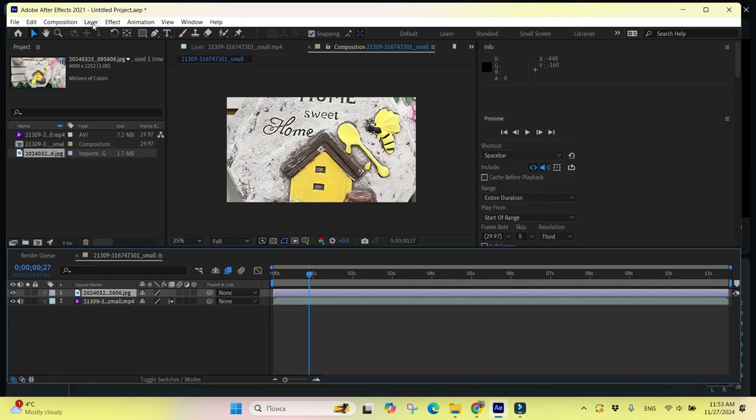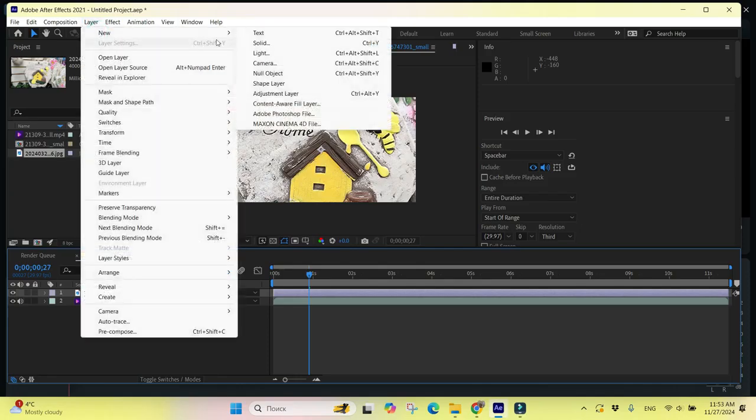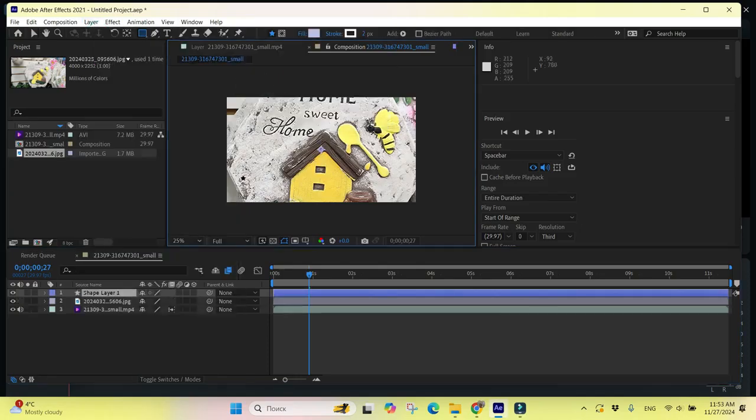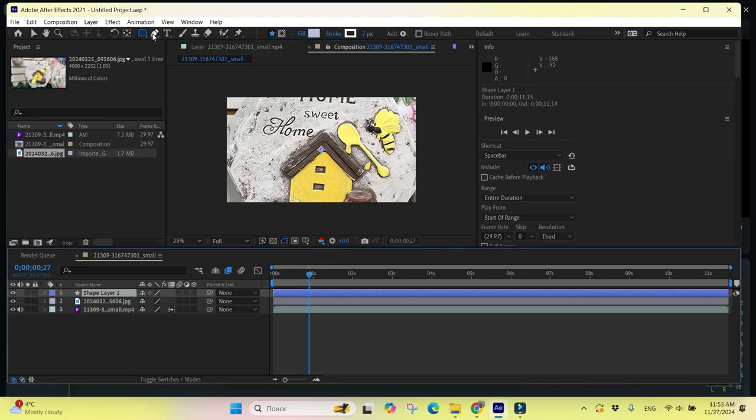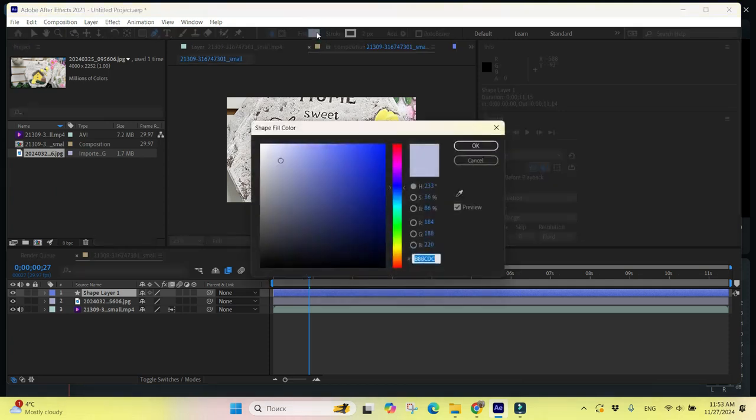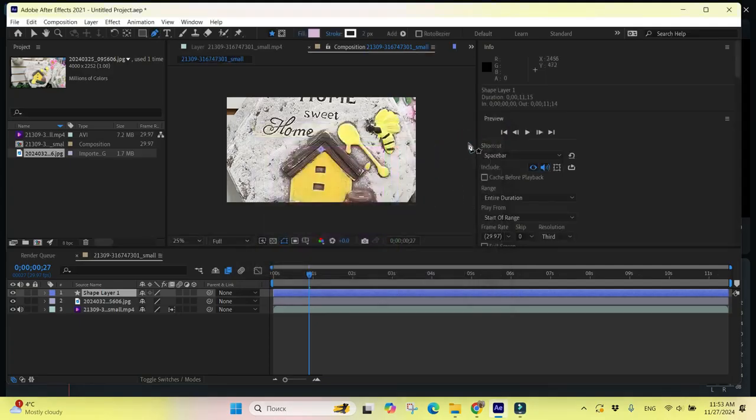I am adding a new shape layer, and now I will be drawing here. So I am choosing the pen tool, and let's choose the color with the feeling of our future picture. Let it be, for example, pink. Okay, and let's start. So I am just adding, like,